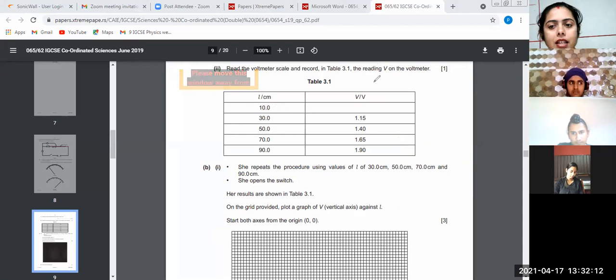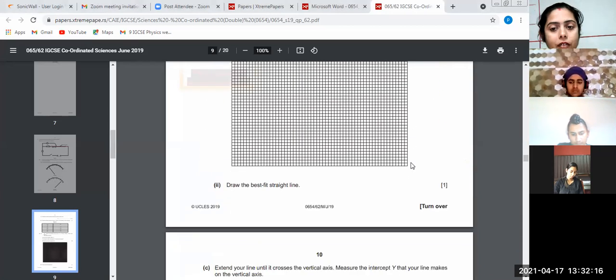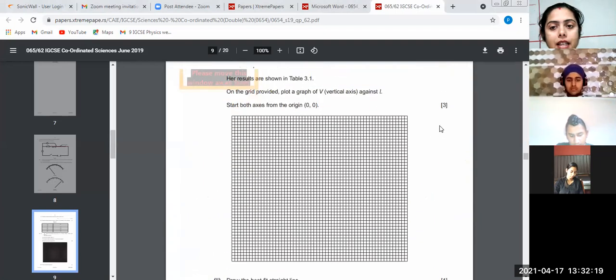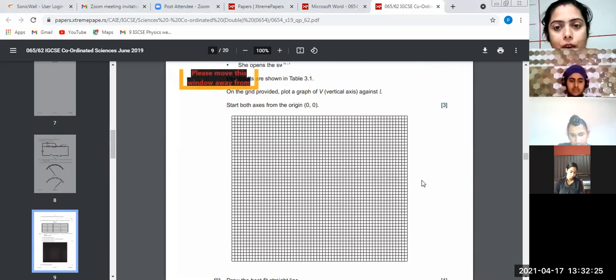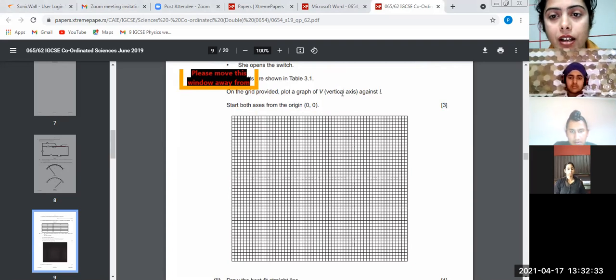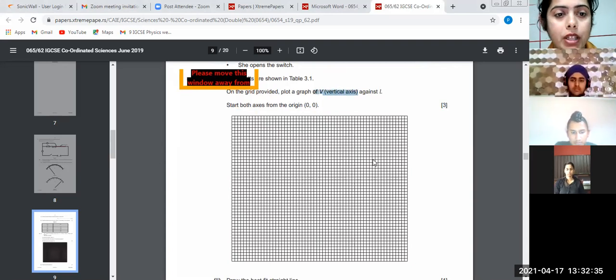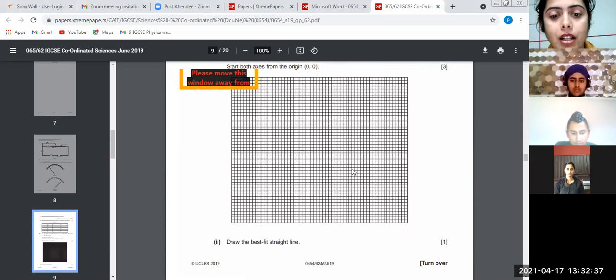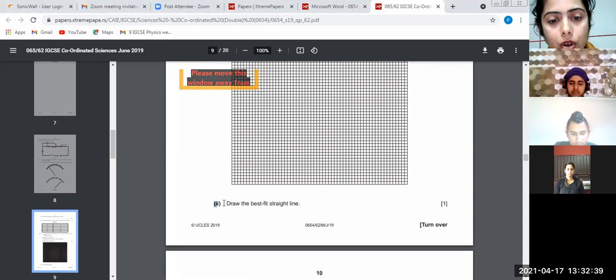And next thing they are saying to you is, next question along with this graph is, अच्छा ये जो आपको ग्राफ ड्रॉ करना था, this is of 3 marks. Fine. If you have done anything wrong into it, like आपने 0 0, because they told you that start from origin. So if you have not done that, there will be deduction. Vertical axis पे V has to be there, so you have to do that. Fine. चलिए. After that, there is one more question.